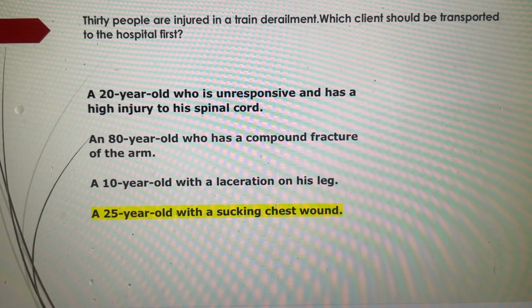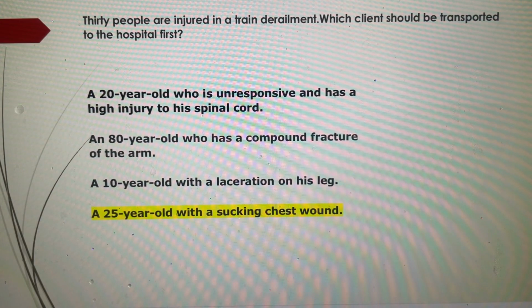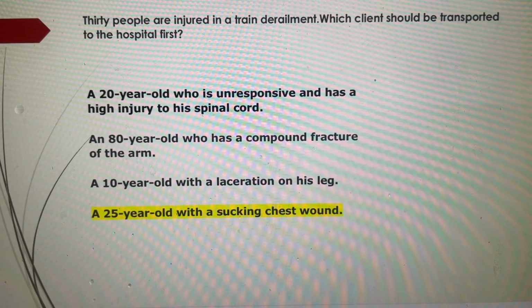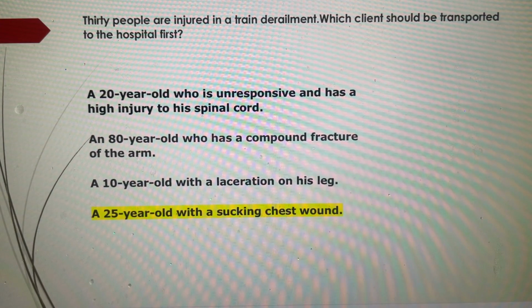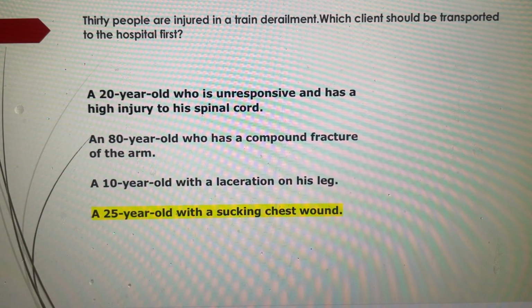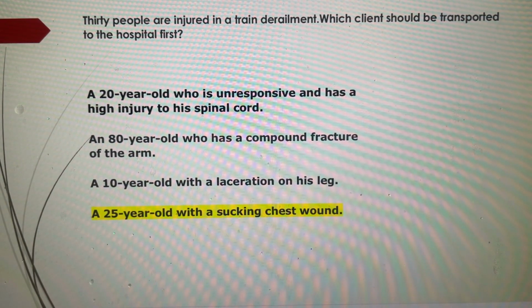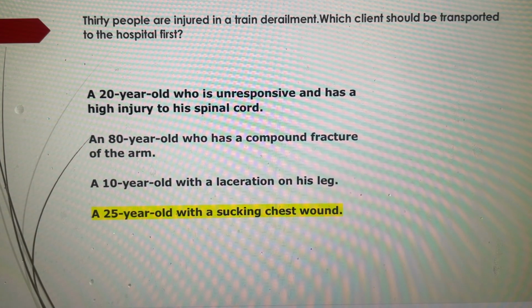Normally we would treat this person with a compound fracture immediately, but because we're dealing with triage, we should attend to the one who needs our care the most, or medical treatment the most. So we will treat this number 2 option as a yellow tag, or observation,